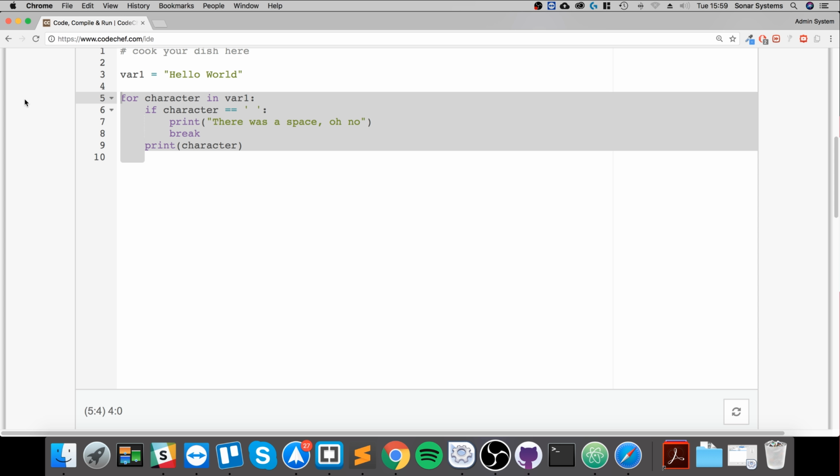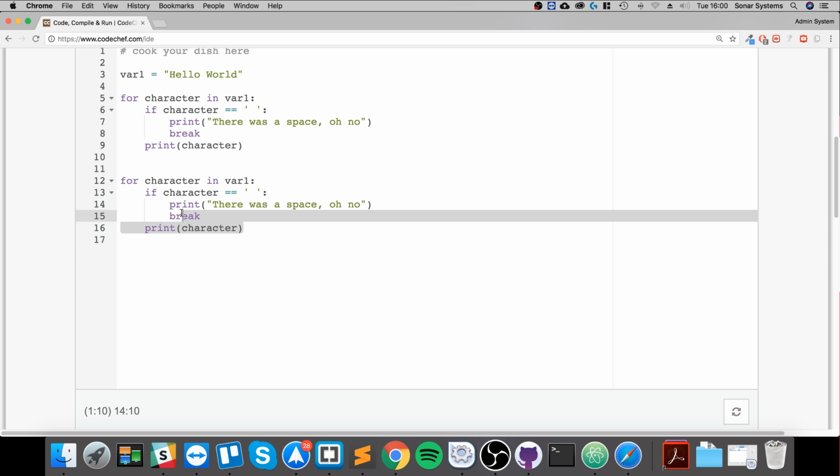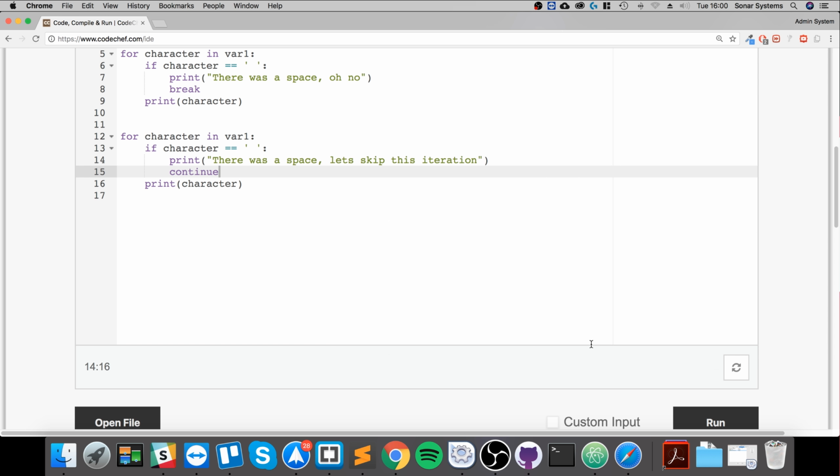What else we can do is, let's say if we did this exact same thing again, but in this case, if it's a space, we just want to skip over it. We just want to not do the rest of the code in the loop for that particular iteration. So every character in this loop is an iteration. Every time we pass it, that's called an iteration. So I'm going to say there was a space. Let's skip this iteration. And instead of break, you just put the keyword continue. It's literally that simple. So now if we run it,